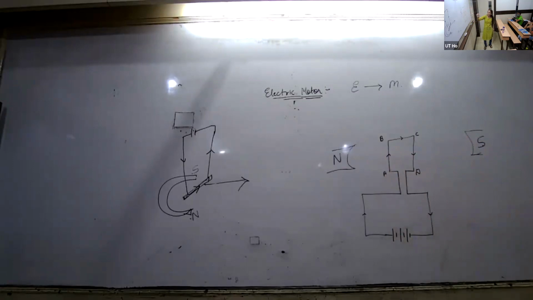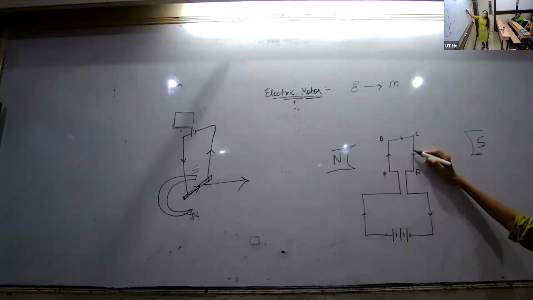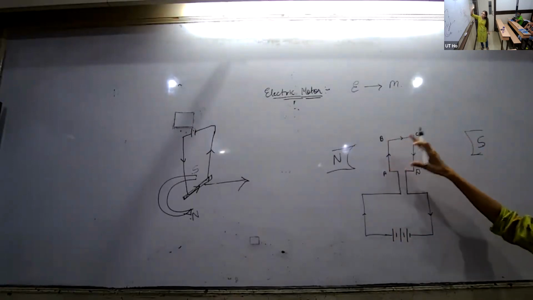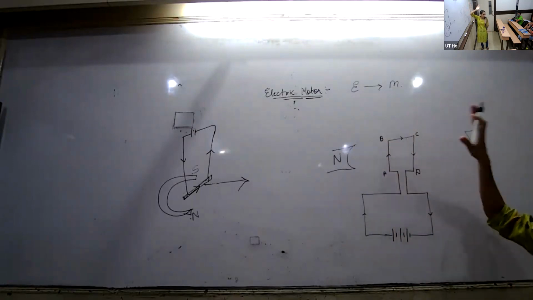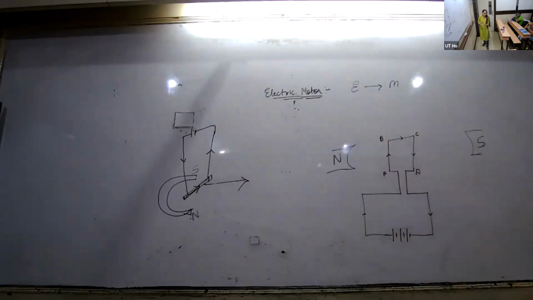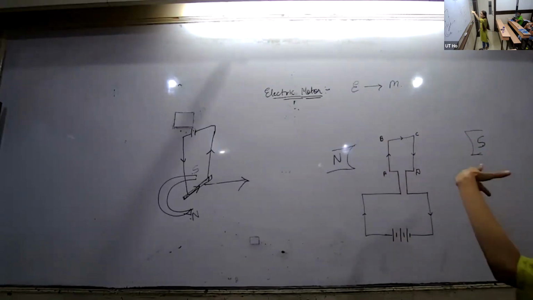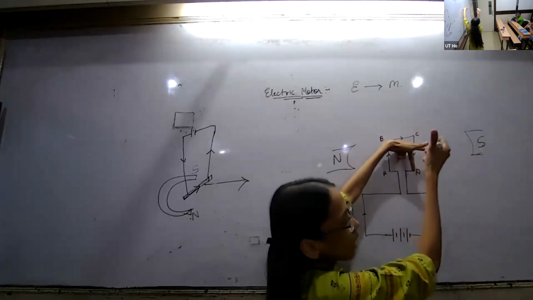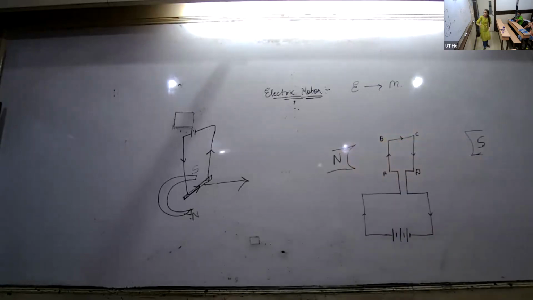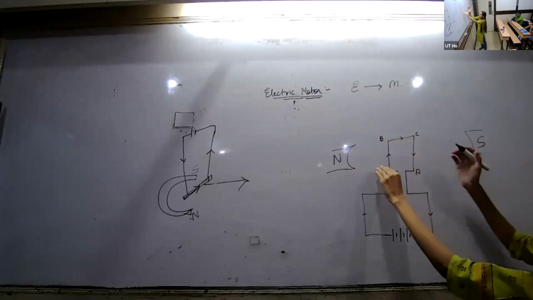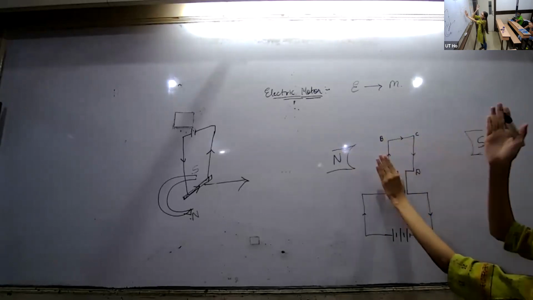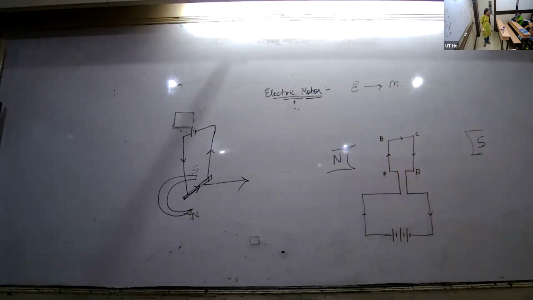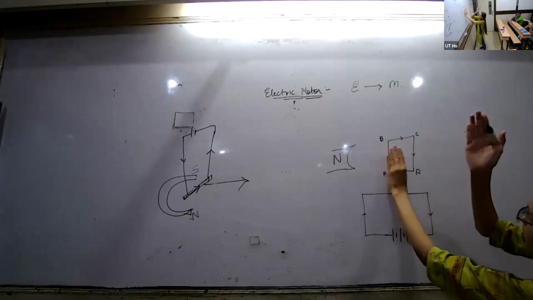Everybody, ठीक है। Now look at the CD वाले डायरेक्शन में। सो आर्म AB में AB is going to get pushed behind, बोर्ड के पीछे की तरफ जाएगा। CD के साथ क्या होगा? Take the same left hand, please do not switch your hand. So now again field is in this direction, current is in downward direction. So I clearly see that this is the direction of current, this is the direction of field. So अब ये कहाँ पे आ रहा है? बाहर की तरफ आ रहा है। So AB is experiencing force पीछे की तरफ, CD जो है आगे की तरफ। So clearly ये कैसा हो जाएगा? रोटेशन हो जाएगा, ठीक है। ये आगे की तरफ जाने वाला है, ये पीछे की तरफ जाने वाला है।